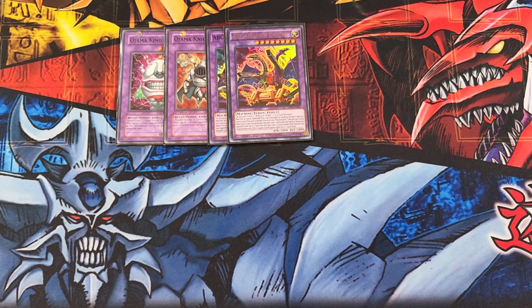And also it has a really cool ability that once per turn, during either player's turn, you can discard a card and then target 1 card on the field and banish it, giving you spot removal as well, which is just amazing. It also has the ability during your opponent's turn, you can tribute this card and then target 3 of your banished light machine type union monsters with different names and special summon them, and it's a quick effect,